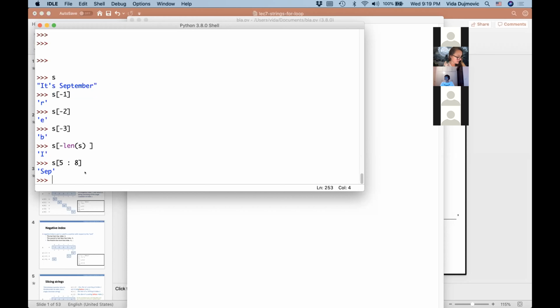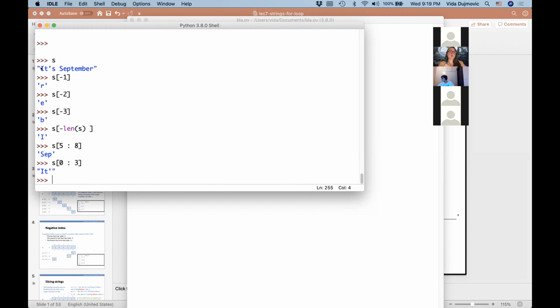So there's not much more to tell about this, other than some useful shortcuts. What would this do, for example, if you do 0, start at the beginning and go up to index 3? That's going to return the characters at position 0, 1, 2, and not including 3.